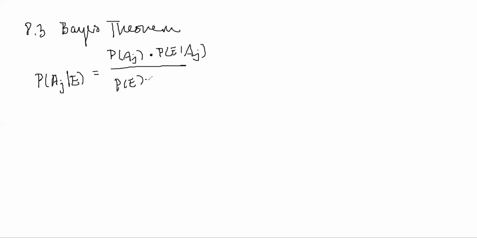Where P(E) itself is equal to P(A1) times P(E|A1), plus P(A2) times P(E|A2), you know, however many events there are. So basically,